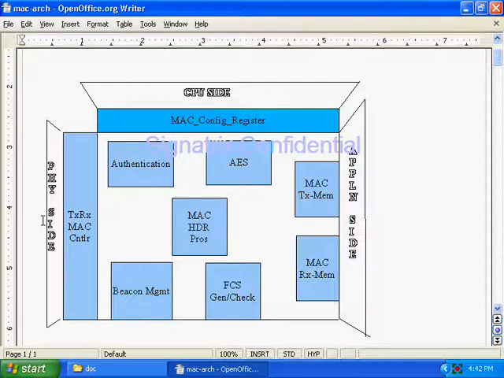Suppose my input bit stream is 1010. I will add 3 to that, so I will get 1101. Then I will take the one's complement of that, and at last I will give this as the output of this encryption block.